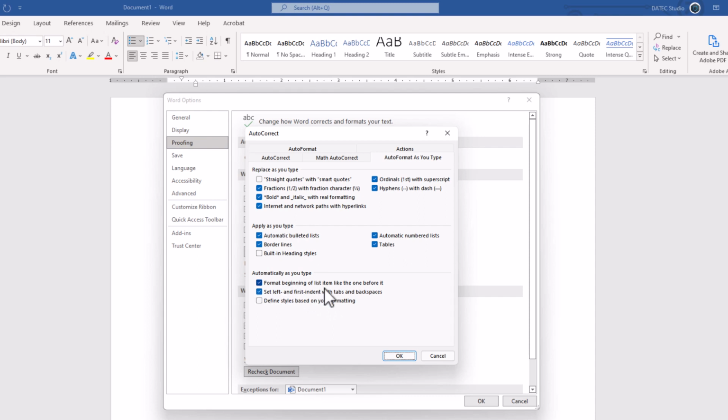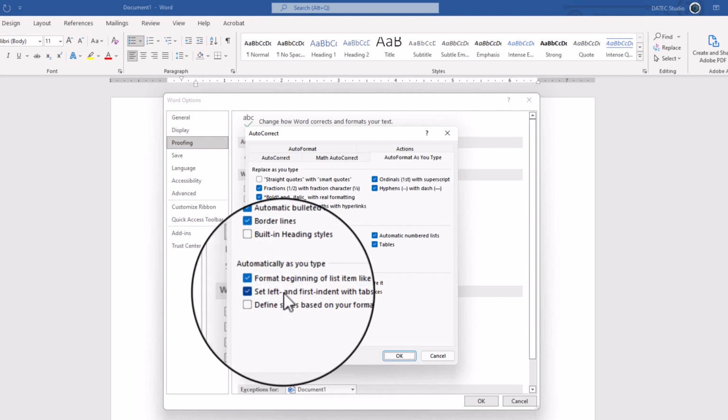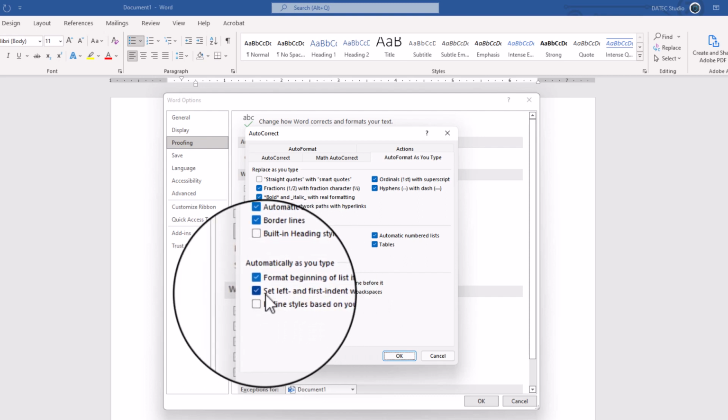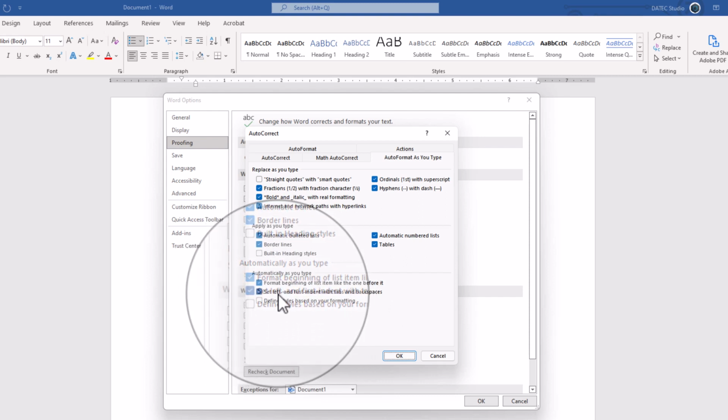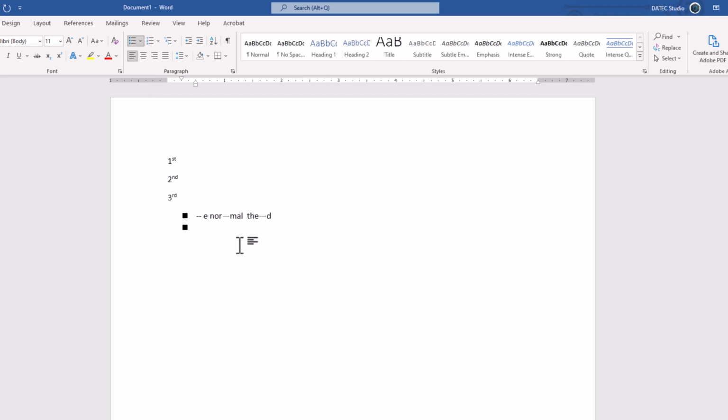And automatically, as you type, format beginning of the list for list, and set left and first indent with tab, and define a style based on your formatting. I just want to mention this item here because it is very useful. Set left and first indent with tab and spaces. Okay and okay. If I create a random text,